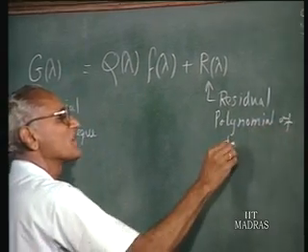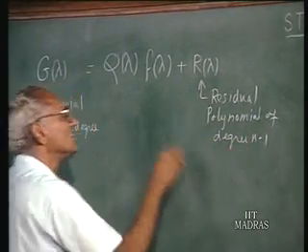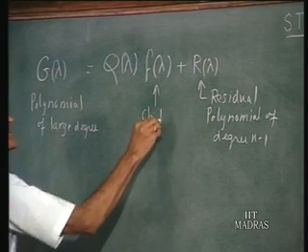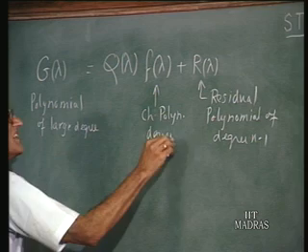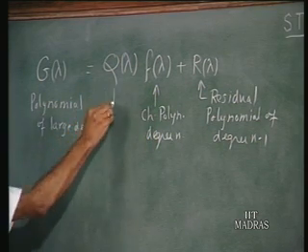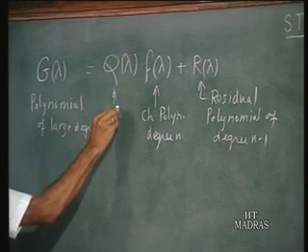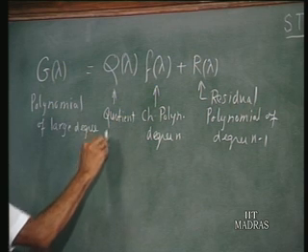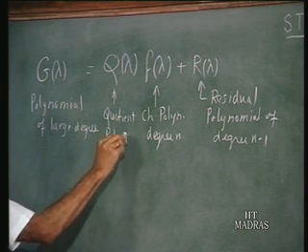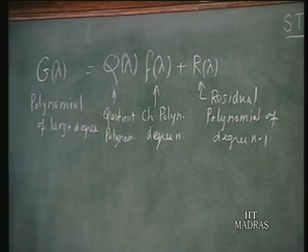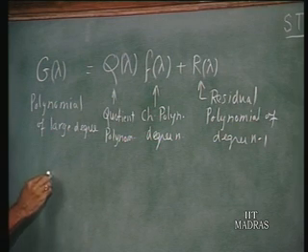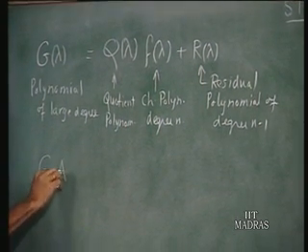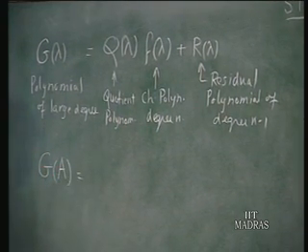This is the residual polynomial of degree n minus 1. This is the characteristic polynomial of degree n, and this we will call the quotient polynomial. It is not important for us to know what it is. Now this is a polynomial in the scalar variable lambda. Now the same thing can be written for the same polynomial in the matrix A, and we get similarly